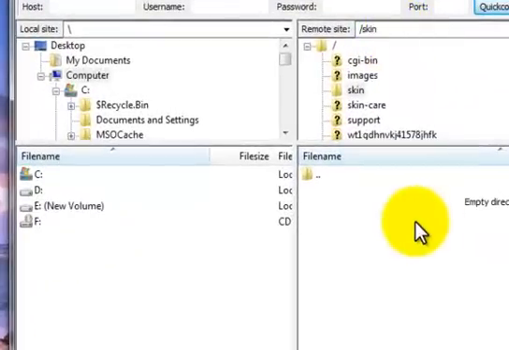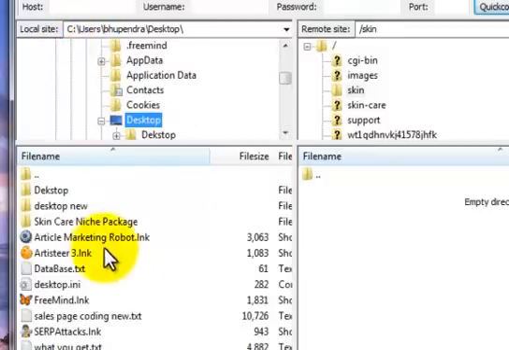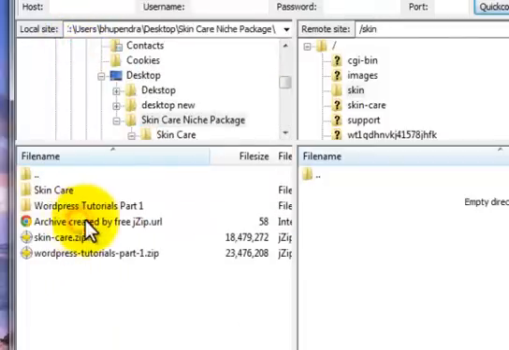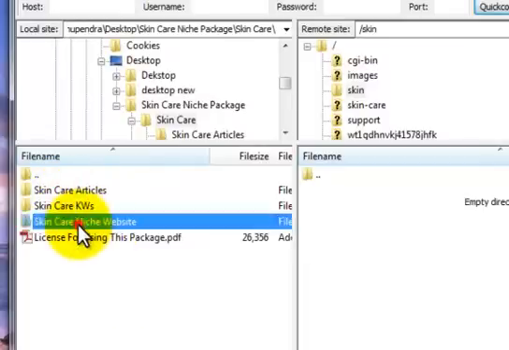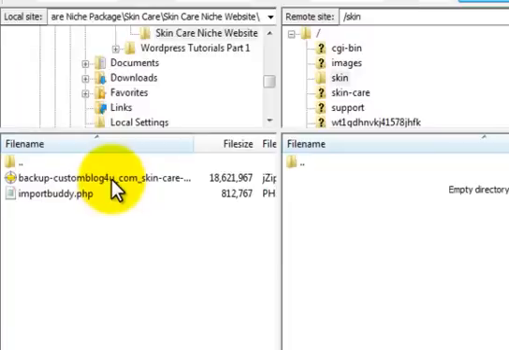Okay, it is a subdirectory, but I recommend you upload these files in the root directory. Just find the files on the desktop, skincare niche package, skincare niche website. Open it up, just drag and drop both the files and wait until the upload is completed.